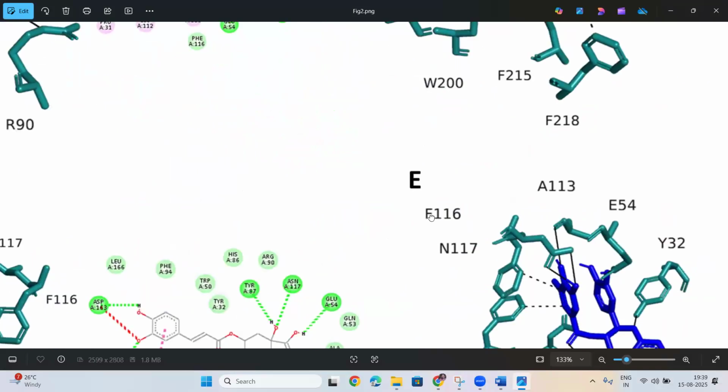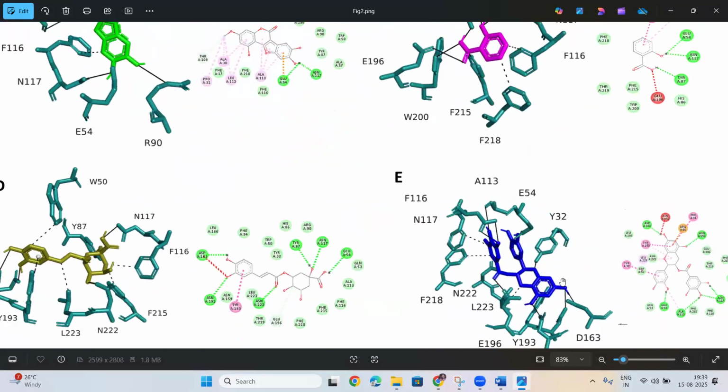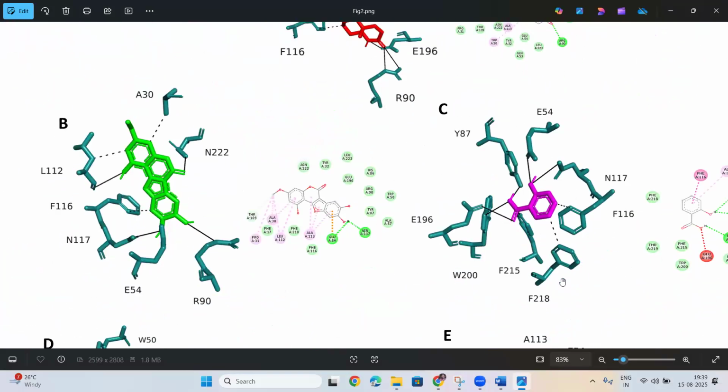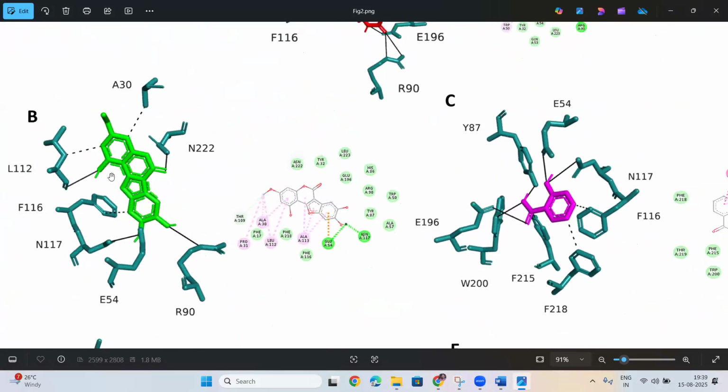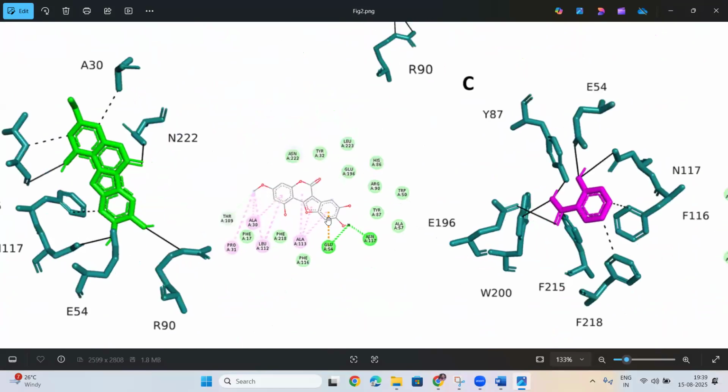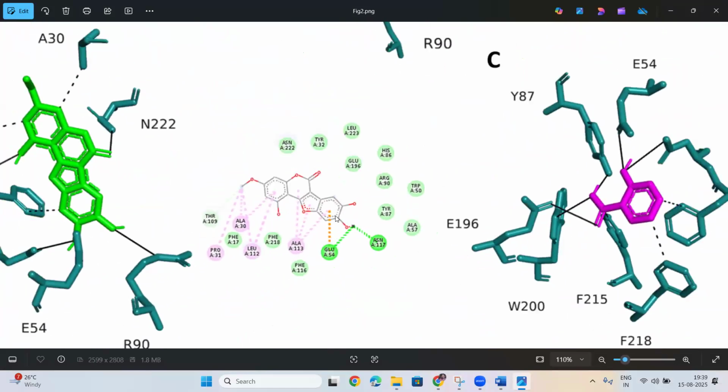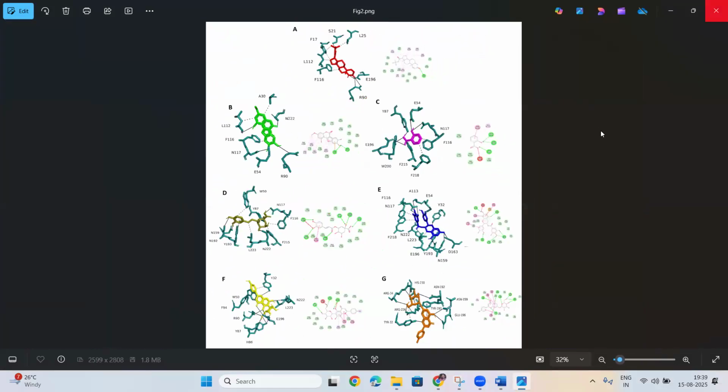Can you guess what they compared here? These are the LigPlot interactions and the PyMOL interactions. No, the right side is not PyMOL. The left side is PyMOL, that is LigPlot output, and the right side is Discovery Studio. Something like that, I also have Discovery Studio.